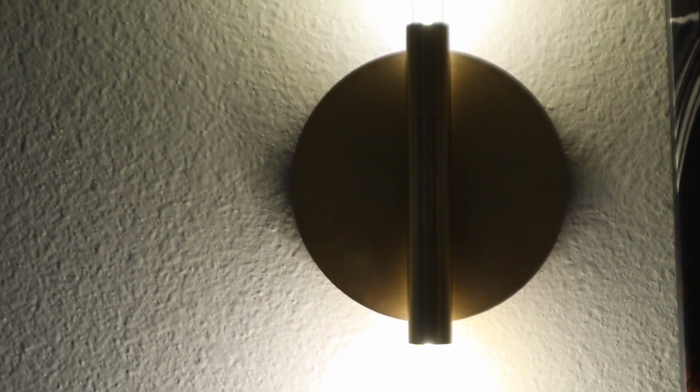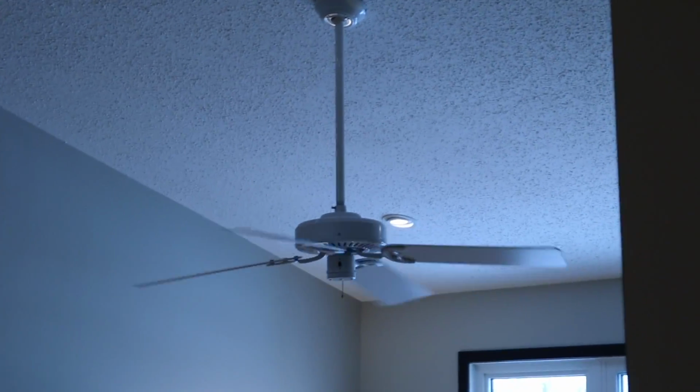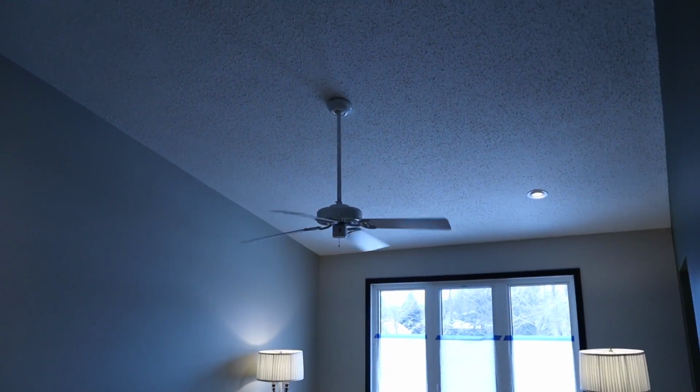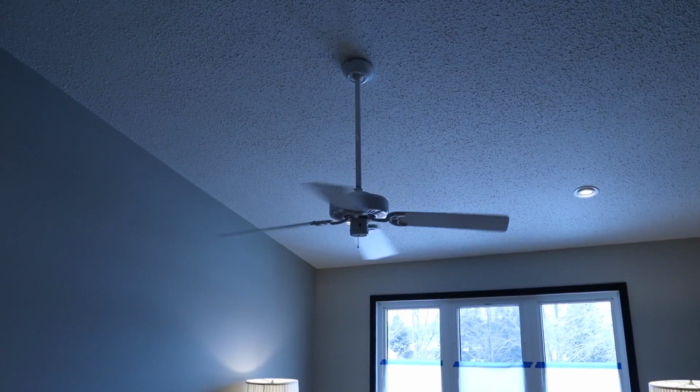Of course, with all of the brass and black trim throughout the place, I have selected to go with brass motors and black blades. I think it's going to provide the true statement and contrast necessary for these types of ceilings. You need something with some drama and presence. I think these are going to be perfect, and I'm really excited to see the slightly oversized scale within these